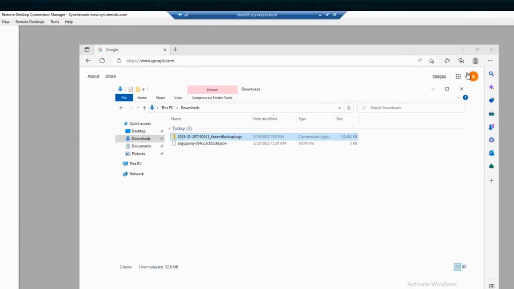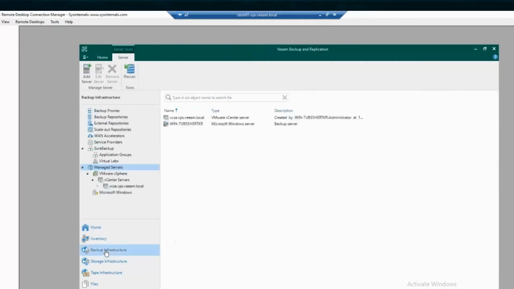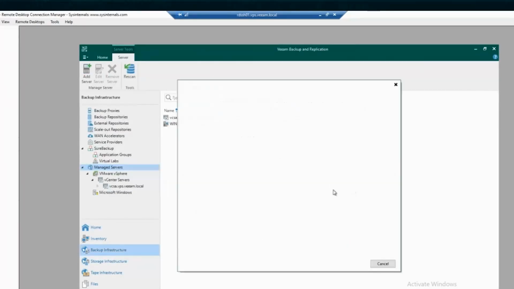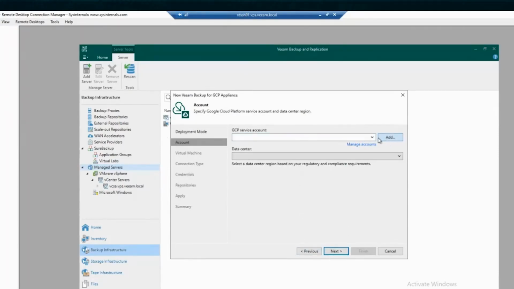Okay, probably would be much easier. So I hope you can see it. This is the screen I'm using. Veeam Backup and application. Okay. So just quickly, I know I did not talk about that, but right now I can connect to an existing appliance, whether I've got my Veeam Backup for Google Cloud already deployed, or I can deploy a new appliance. Okay, let's connect to an existing one. And then this is where you have to provide the Google Cloud service account. I can add it right here. And then let's create